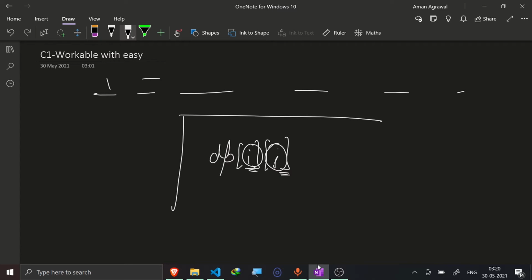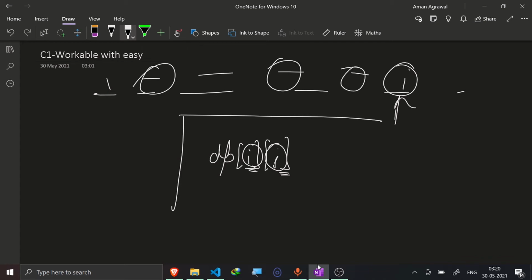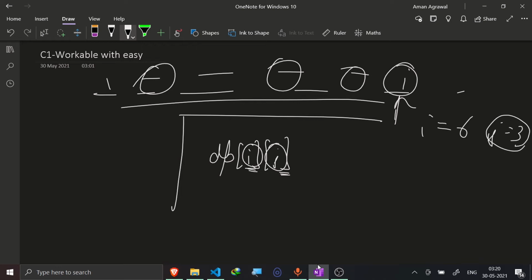Suppose from 1 till i I reached till here, and suppose I drank this can and this can. So my i value would be something like, for example, 6, and my j value would be 3 only. So this represents how many cans I have actually drunk, and this represents at which position I am standing. So this would hold my maximum health.